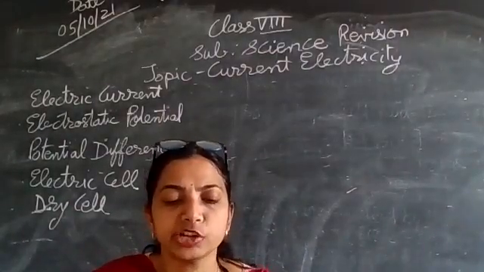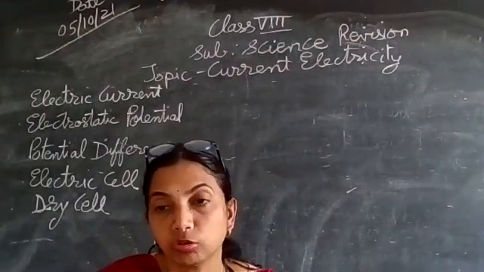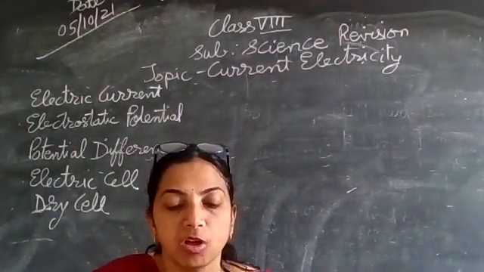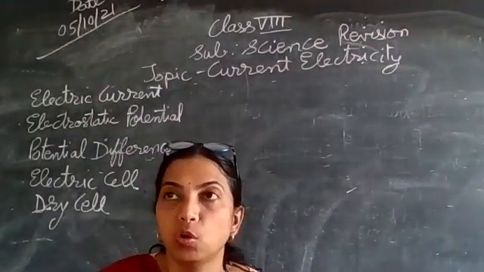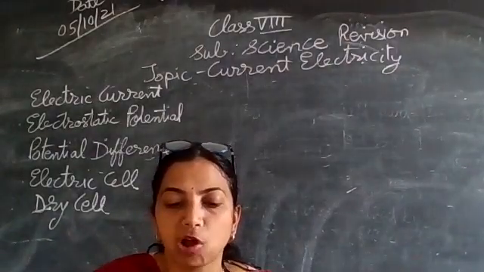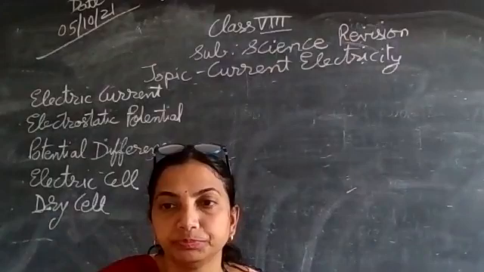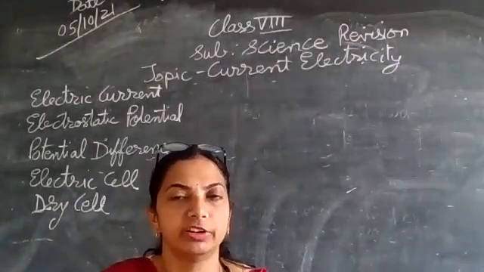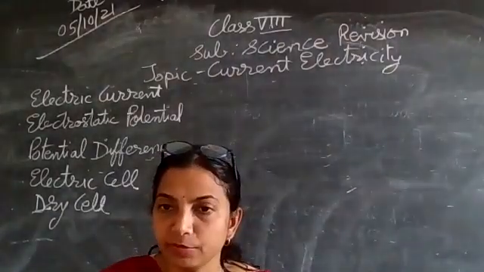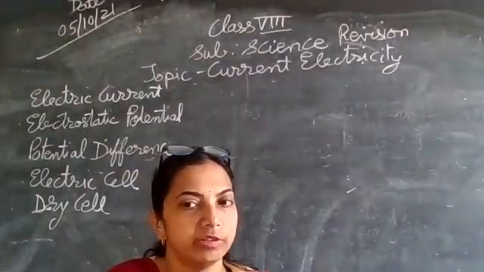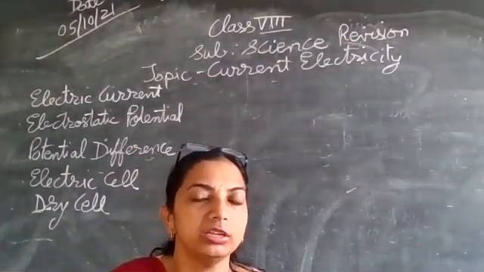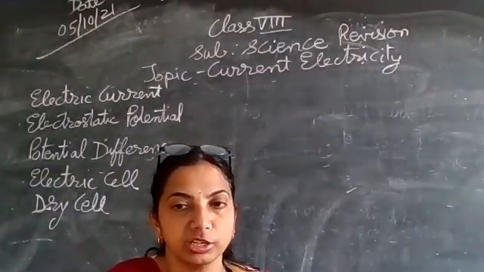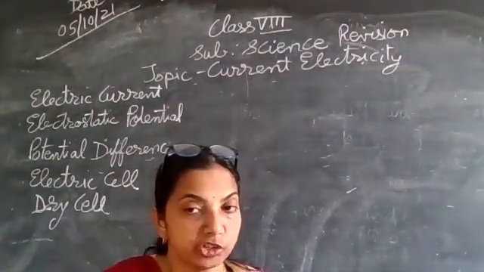Now, can the negative charge be made to flow out of the atom by any means? Or can electricity be made to flow like water from a higher to a lower level? We know that water moves from a higher level to a lower level. So can charges also flow from a higher level to a lower level? We all should use our brain here, that electric current is being passed on from one place to another. So I think the answer should be yes.